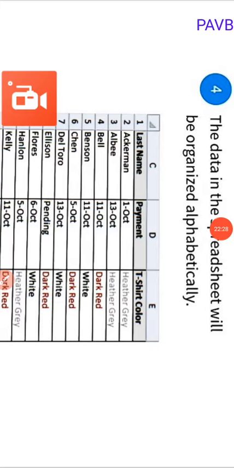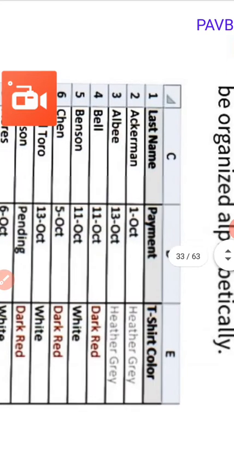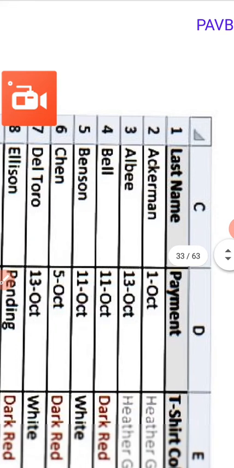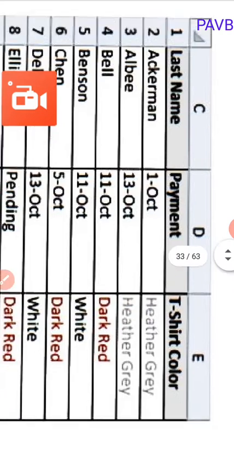The data in the sheet will be organized alphabetically. See the last name here. The first name we read was Oliver, the second one is Richards. Now the last names will be Acker, Bell, Benson, etc.